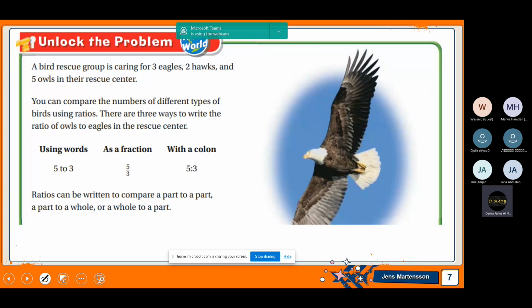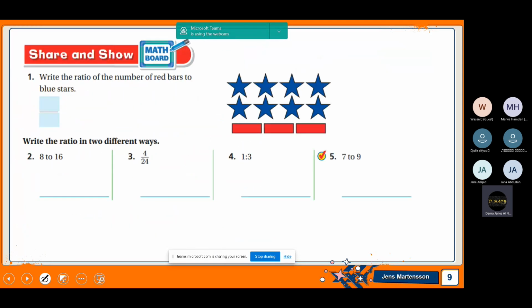So, ratios can be used to compare part to part, part to whole, or whole to part. The fraction is only part to whole. Okay? Now, let's go now to